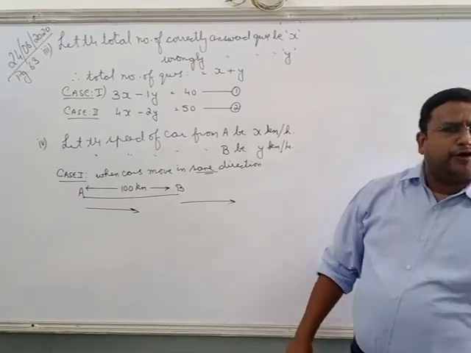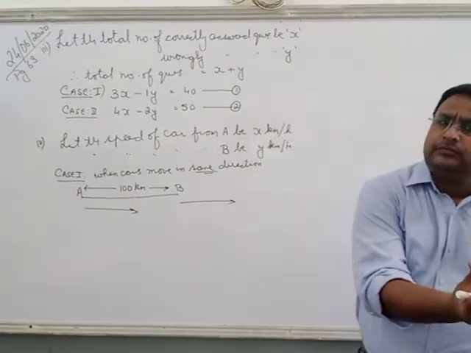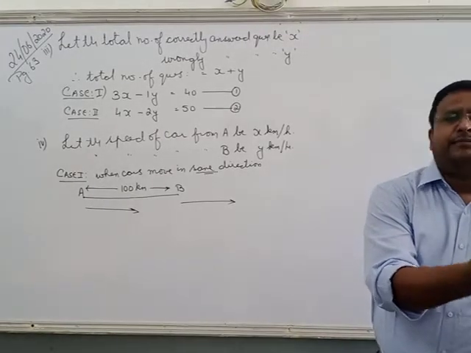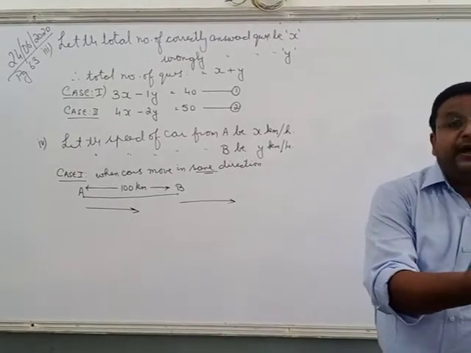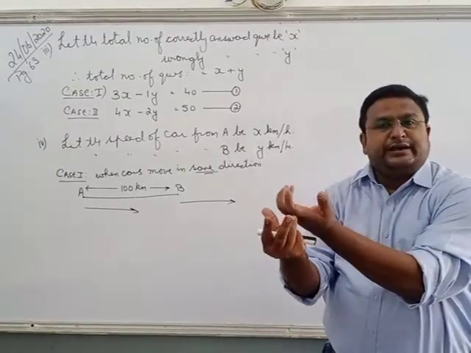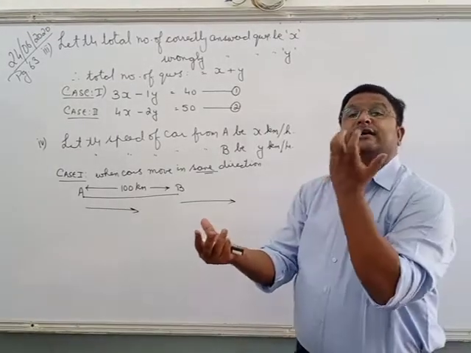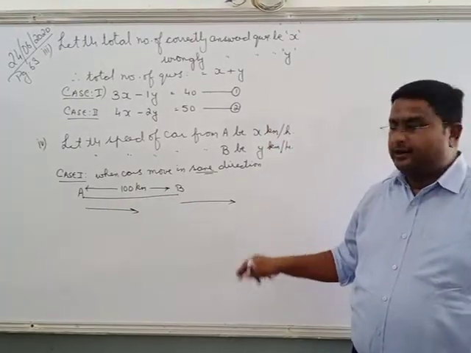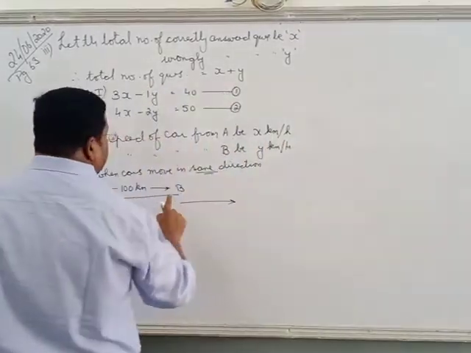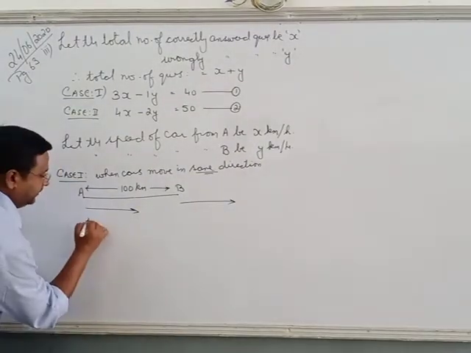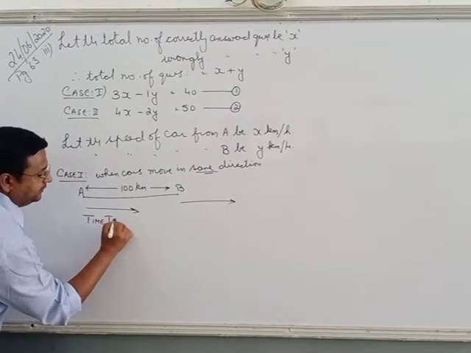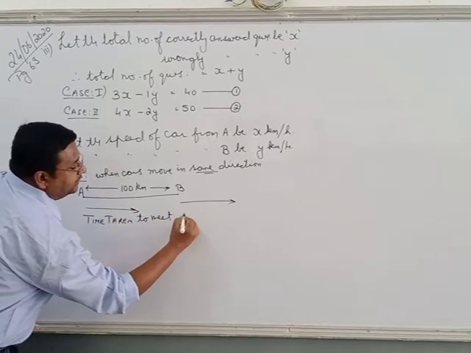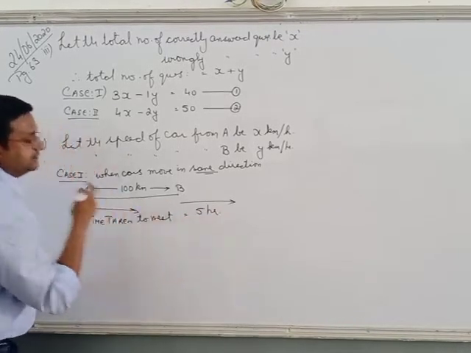One person is starting from Abu Road, the other person is starting from Palampur. But at the same time, 5 AM. So definitely, if they are supposed to be meeting, they meet when car A is moving faster and it overlaps. Agree? So the distance is 100 km. The time taken to meet is equal to 5 hours.